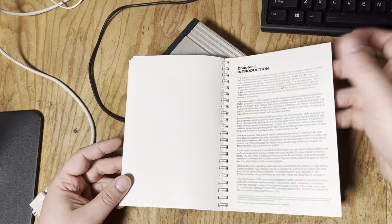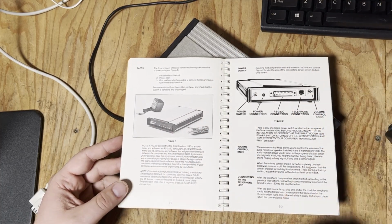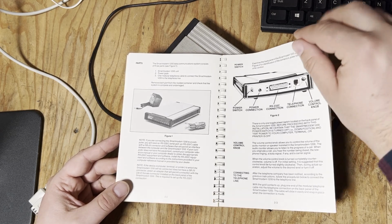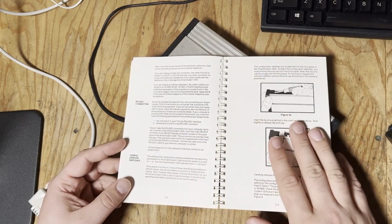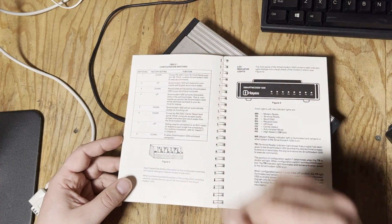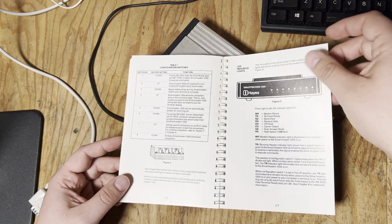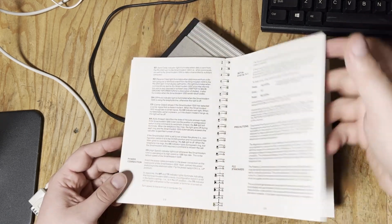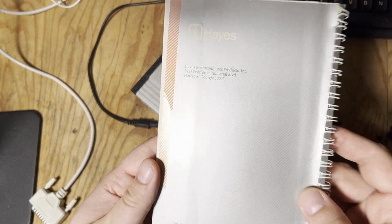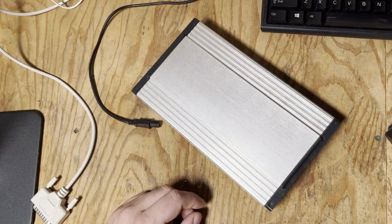My God, look at this. Look at this wonderful 1980s, beautiful manual. I actually may scan this and put it up on archive.org because I think people will appreciate this thing. Okay, well, wonderful. Hayes, I don't think Hayes exists anymore, at least not in the capacity they did. So, all right,